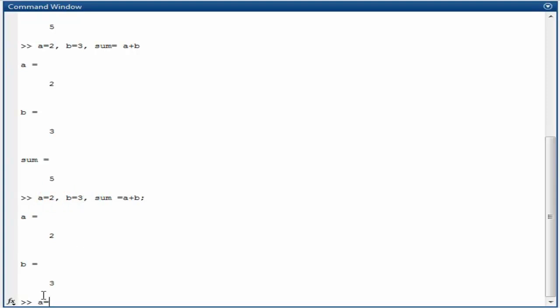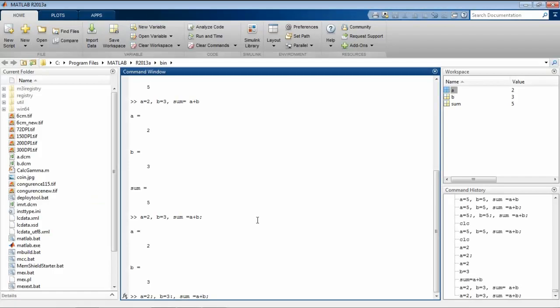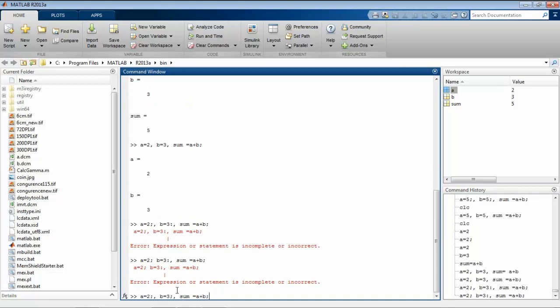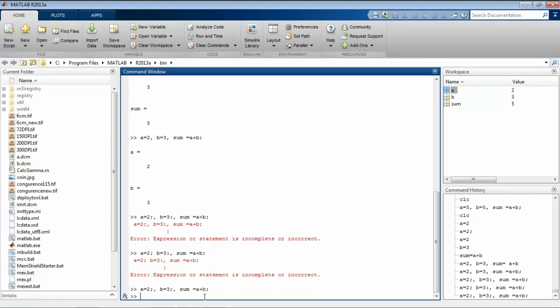So I type a = 2; b = 3; then sum = a + b;. Now these three commands are typed in a single line, and when I type them with a semicolon after each, it shows no output. The output is suppressed and nothing is displayed in the command window.